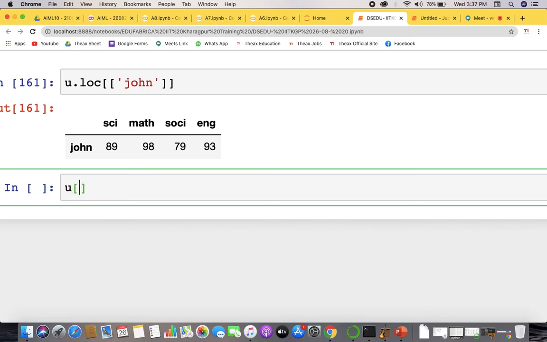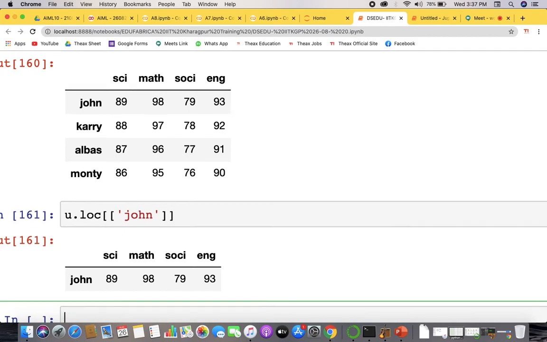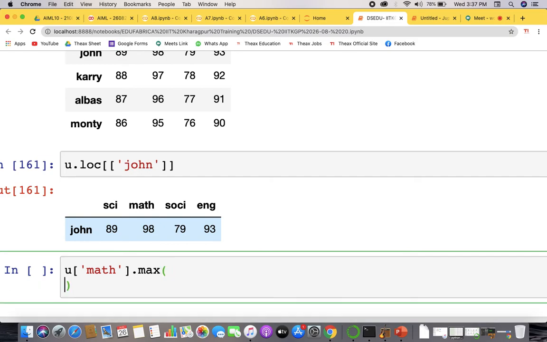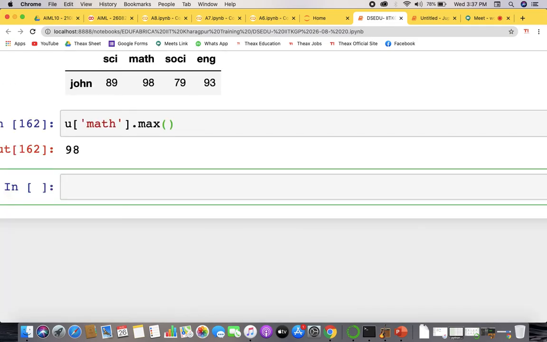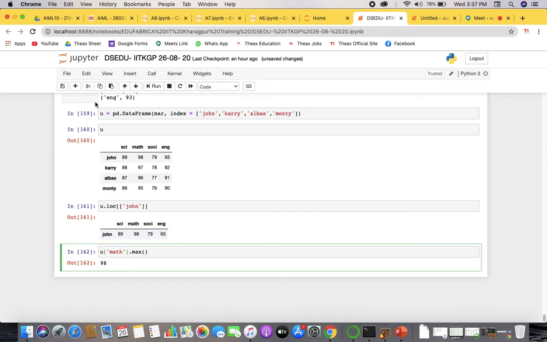If you write something like who has got the maximum marks in mathematics, it means you want to sort things. So like math dot the maximum value. 98 is the maximum value, and you can even find who has got it. And this is the data structures part, so we'll be going into it later onwards.